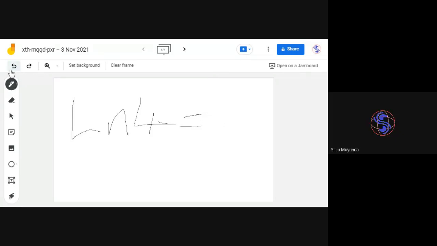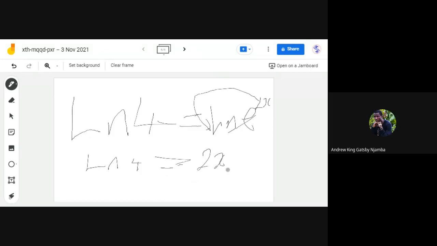Okay. So when you have ln e to the power 2x there, what that basically means is that this will cancel, right? And then this will drop down up to here. Oh, okay. Exactly. So you're going to have ln 4 being equal to 2x. From here, we want to find the value of x, right? Yes. So we're going to say ln 4 divided by 2. So our x